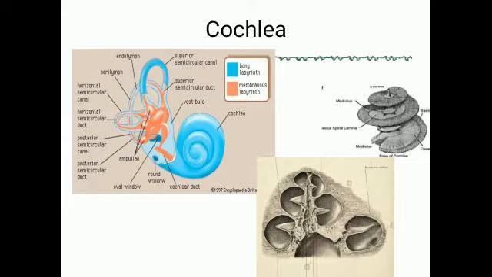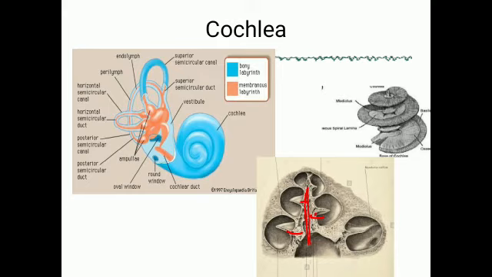If you take a cut section, there will be a central bony core called modiolus, from which the bony spiral lamina projects. So this is the bony spiral lamina here, which projects. It looks like a nail. You can see this is the nail, and the threads of the nail are the spiral lamina. So this is the structure of a bony cochlea. And this bony cochlea is filled with what fluid? It is filled with perilymph.